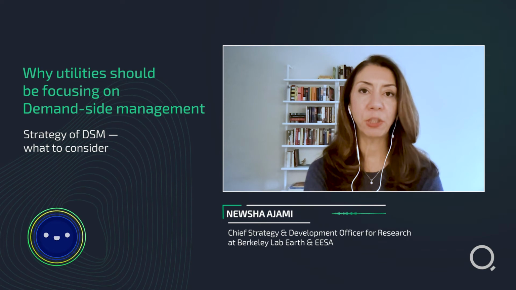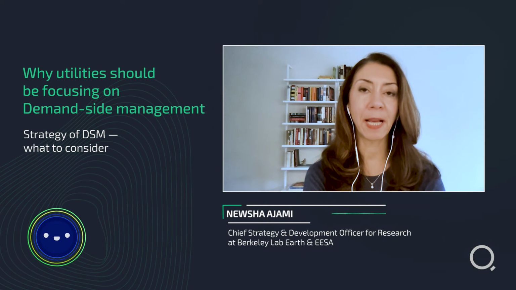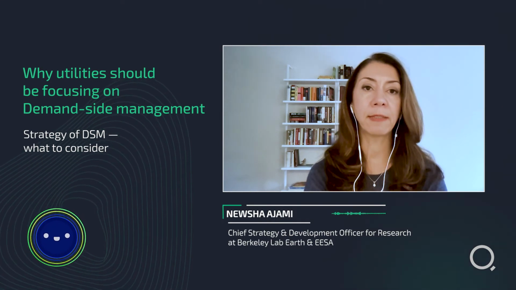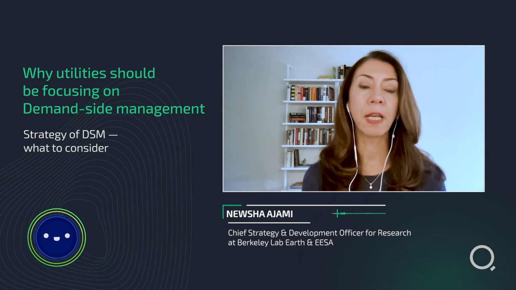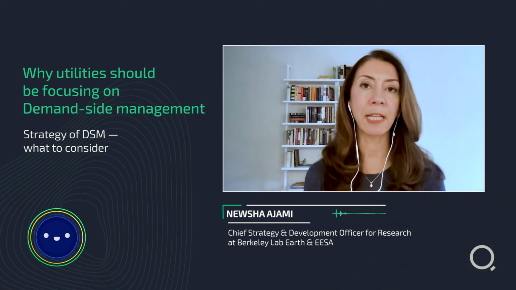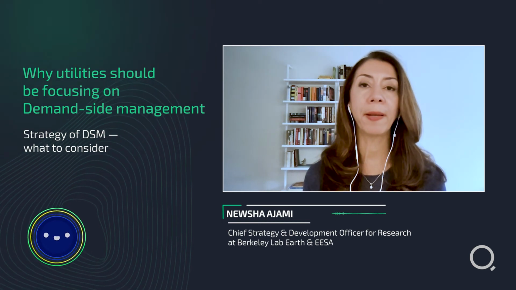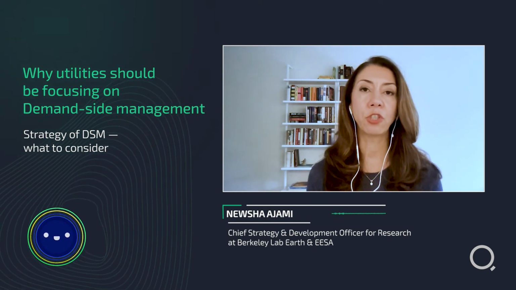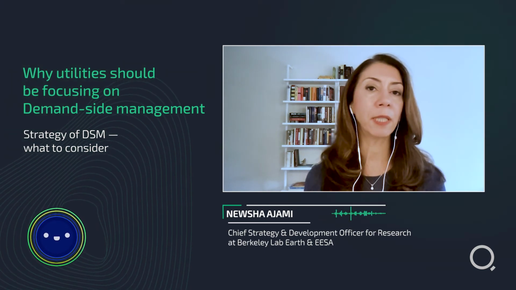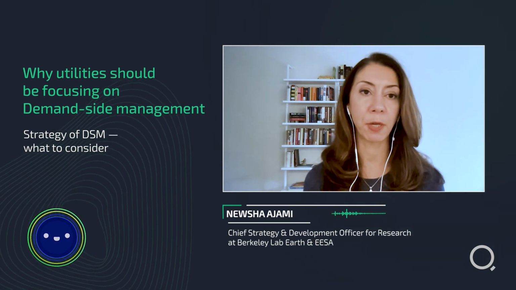So as we introduce distributed water solutions at every scale, as we think about demand side management as a strategy for the utilities of the future, we are going to build these hybrid water supply systems and water infrastructure models that require a totally different mindset as we think about their management and operation. We need to know when, where, and how much water is generated, is needed, and how it needs to be delivered. So a smart grid that can track distributed production and consumption patterns is key as part of this process.